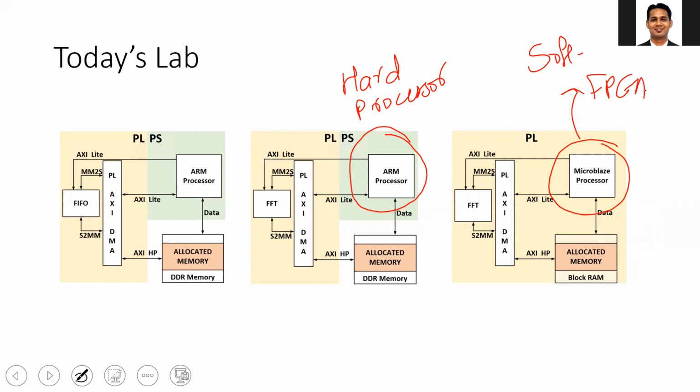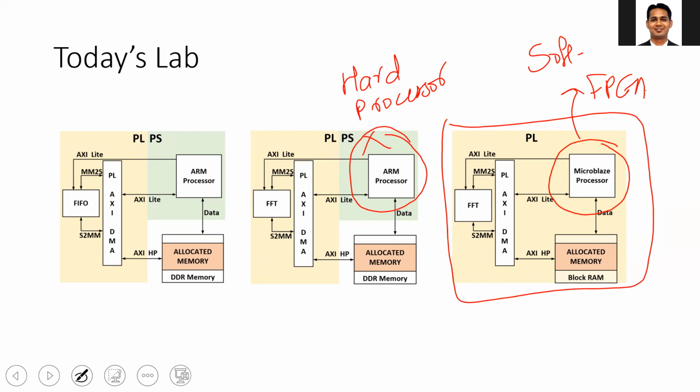But for the current lab, our focus is not on the throughput. Our focus is on verification of the functionality without the need of access to the board. Because if you don't have access to the board, how do you verify the functionality? So to solve this problem, we are replacing the ARM processor with the MicroBlaze. You can see that the entire thing is now implemented only in the PL. The PS is not being used. And instead of using the off-chip DDR memory, we are using the on-chip block RAM memory.